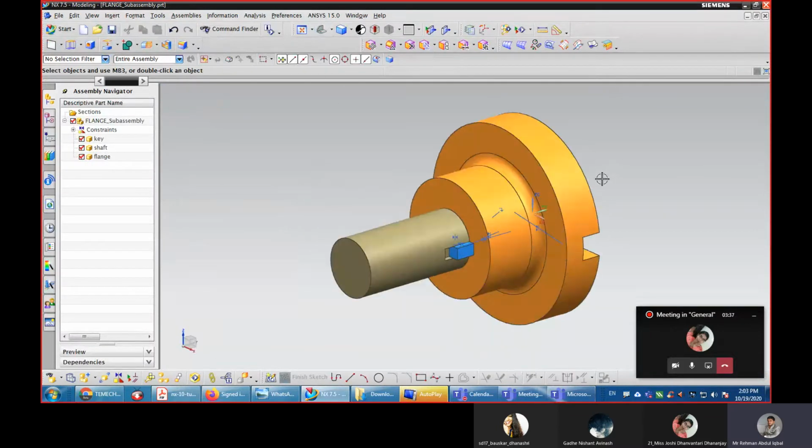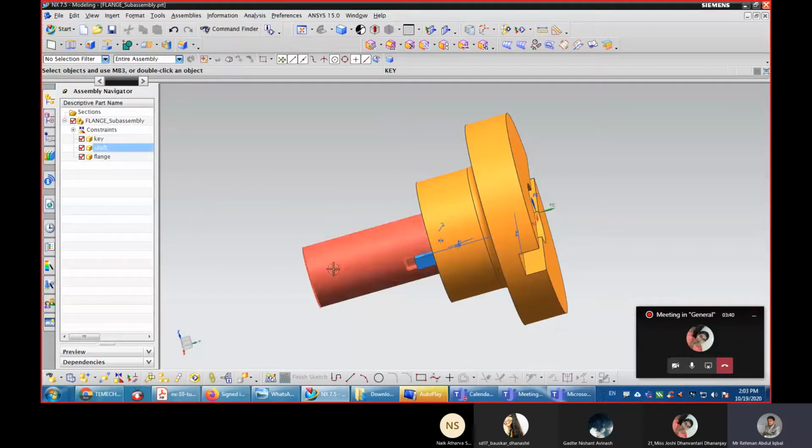We had assembled this flange, key and shaft.